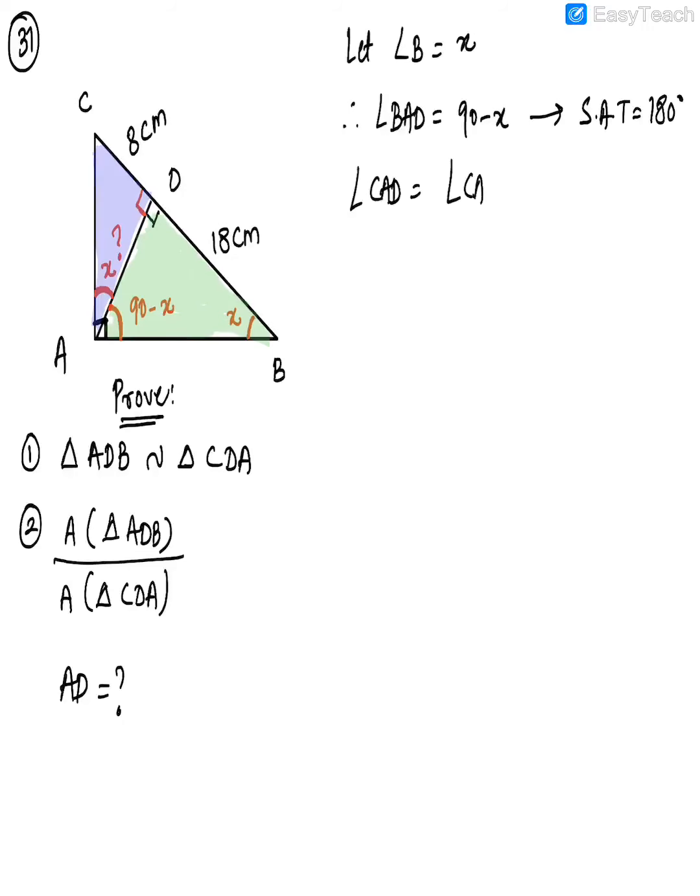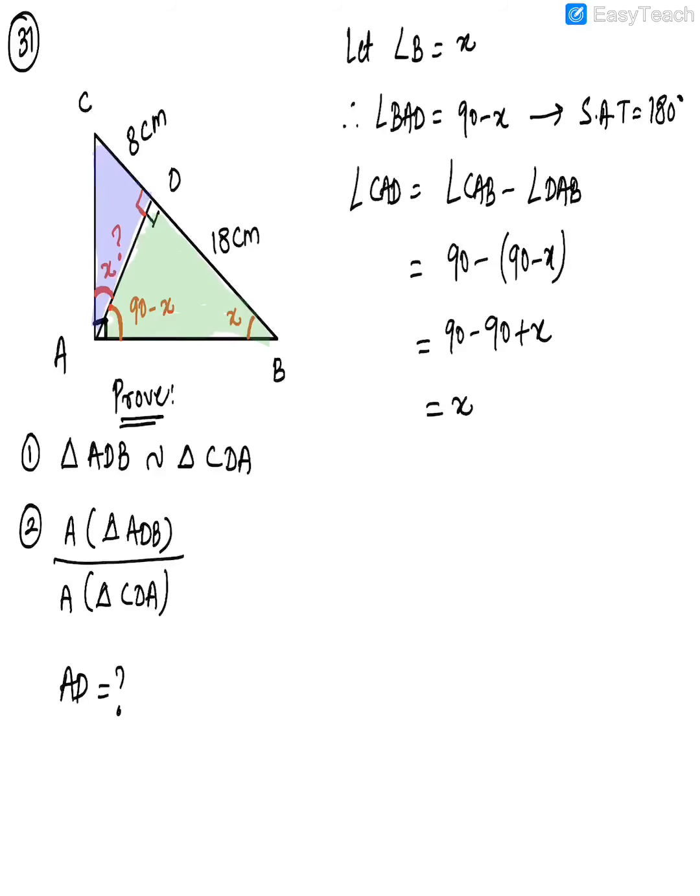What does angle B actually mean here? It is also basically angle DBA. So I can say it is also equal to angle DBA. So this is all we need to prove before we start our theorem, I mean, we start the proving part of the triangles. Now let's start. So in triangle ADB and triangle CDA.